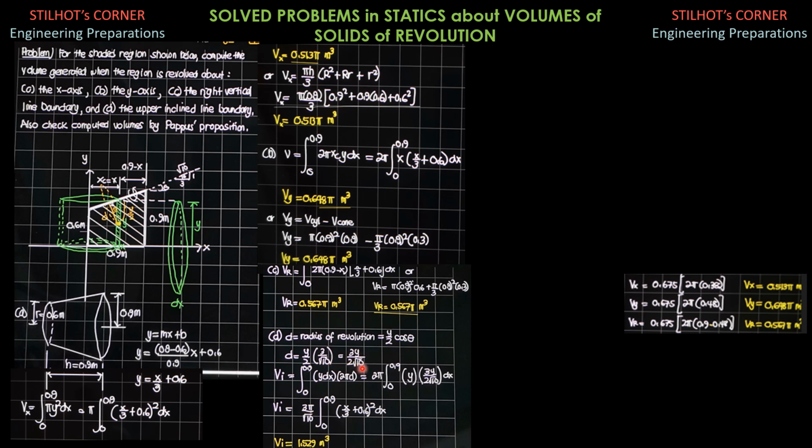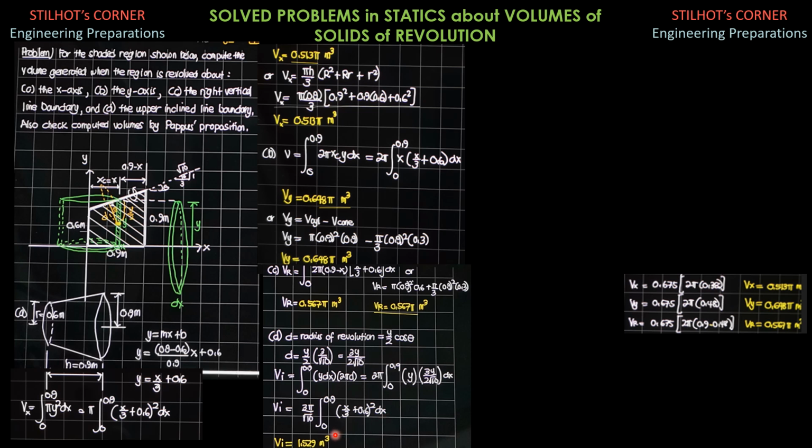So substitute into the formula, the volume by Pappus theorem is the area, which is the integral of dA, which is y dx, and the distance traveled by the centroid, 2 pi d. So that would be 2 pi, then y, then d, which is 3y over 2 square root of 10, times dx. Simplifying, the 2 cancels out, so 3 pi over square root of 10 times the integral of y squared, where y is x over 3 plus 0.6, quantity squared, dx.